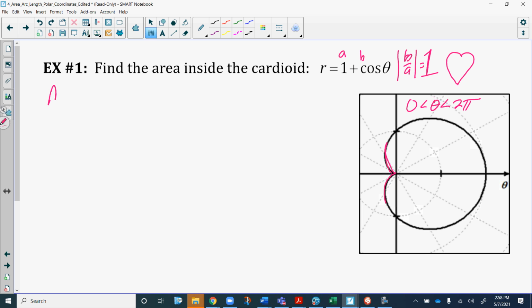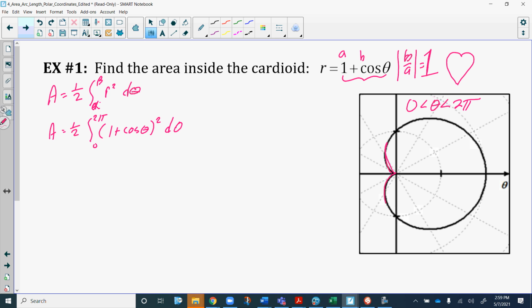So what do we have? We have the area is equal to 1/2 times the definite integral from alpha to beta of r squared d theta. Well, in this case, r is just f of theta, so that's what we have to substitute no matter which version of what we saw here. So I'm going to say area is equal to 1/2 times the definite integral. In this case, we know we're going to go from 0 to 2 pi, and I'm going to say 1 plus cosine of theta